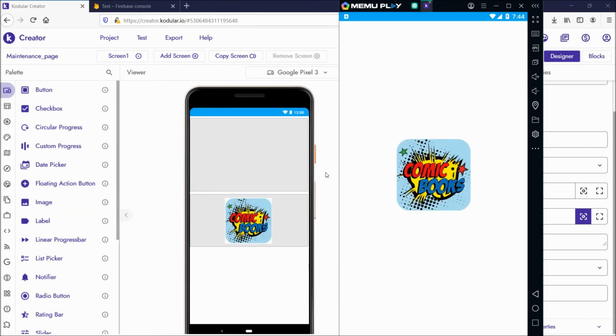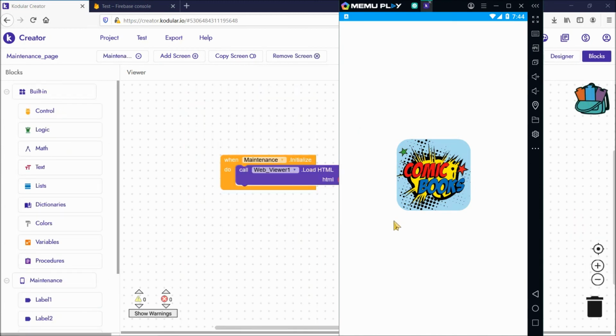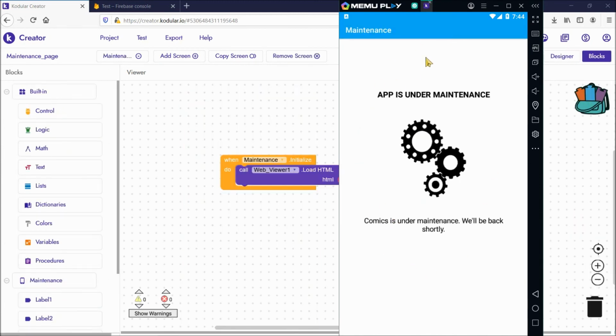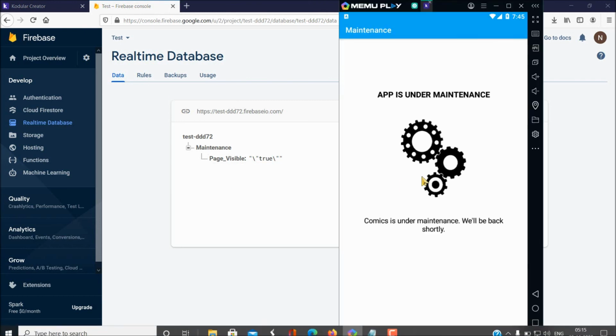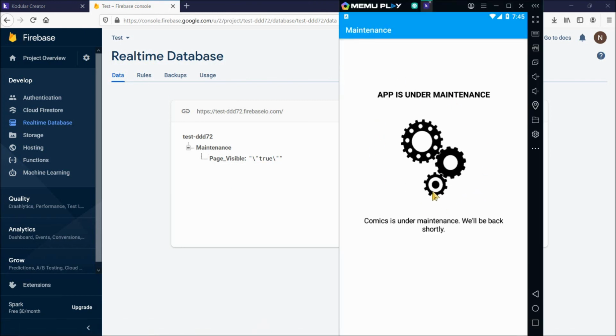So this is the comics page. I have kept the value as true in Firebase, so it is redirected to the maintenance page. See, here the value is true, so it redirected me to the maintenance page, and this is the GIF image I have copied and pasted in a web viewer. It is a GIF image, it is moving, guys, a moving image. So this is how the GIF image works.